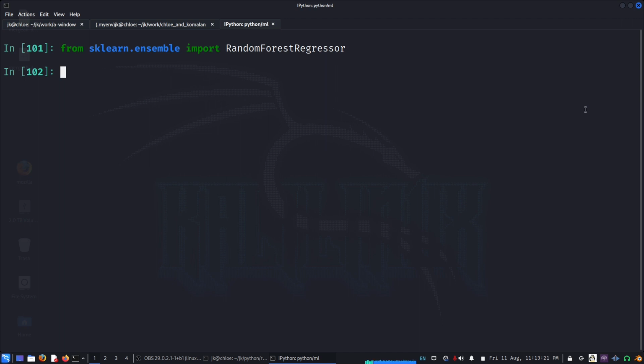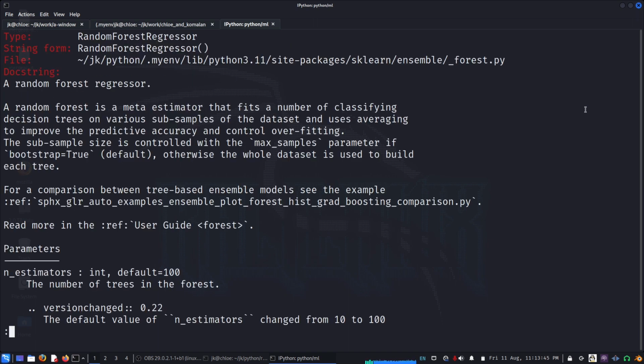If that is the one that seems to get us good results on our data set, suppose now we want to look at it. If you take an instance of a random forest regressor and look at it,